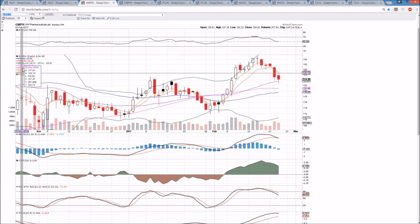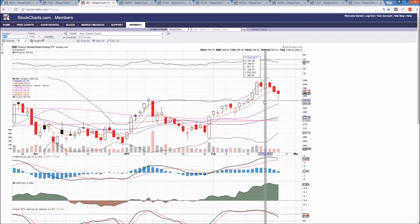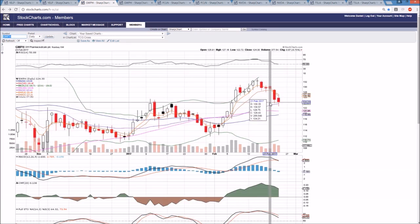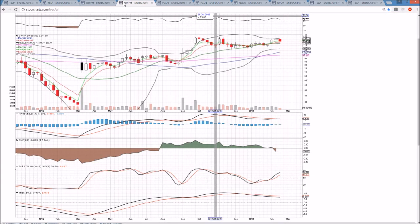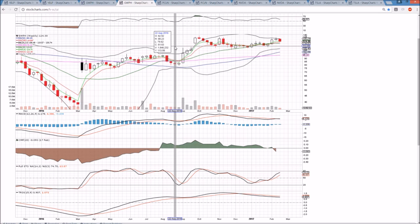Keep an eye on IBB as well, the NASDAQ biotech sector. That has a definite factor. We pulled back significantly 3 days. Bulls bought the dip today in IBB, and we'll see if that translates into some strength to end the week on GWPH. But we are rejecting from the weekly upper Bollinger Band resistance for the second week in a row,